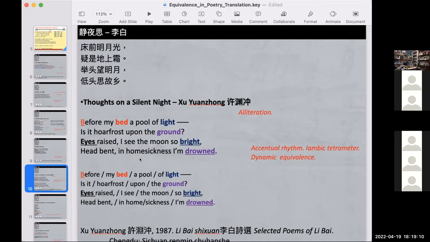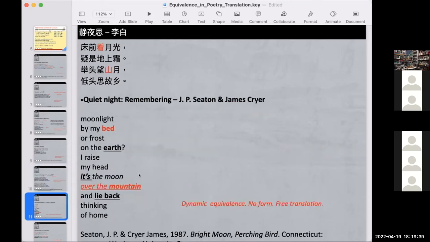But as far as the rhythm is concerned, he did a great job. All right, he did a great job, and this is how I would scan it. Before my bed, a pool of light. Is it hoarfrost upon the ground? Eyes raised, I see the moon so bright. Head bent, in homesickness, I'm drowned. Ta-tum, ta-tum, ta-tum, ta-tum. Most of the feet here are iambic feet. And we have another one here